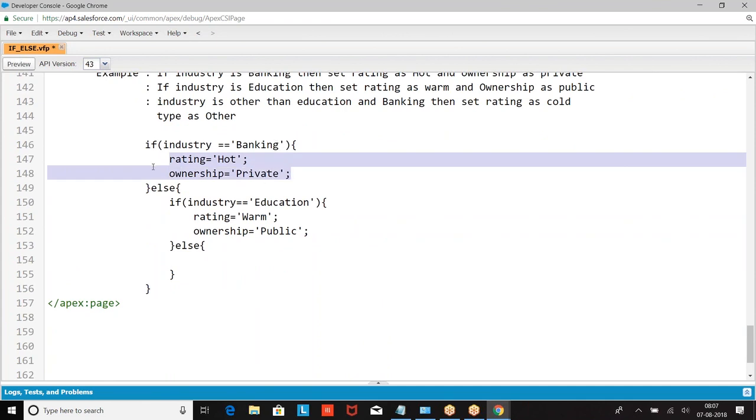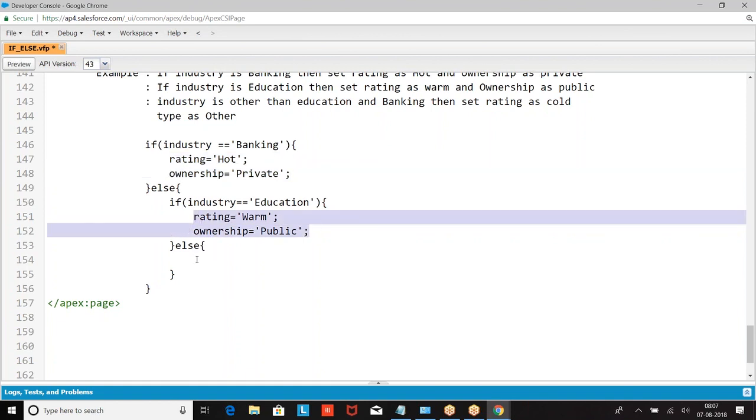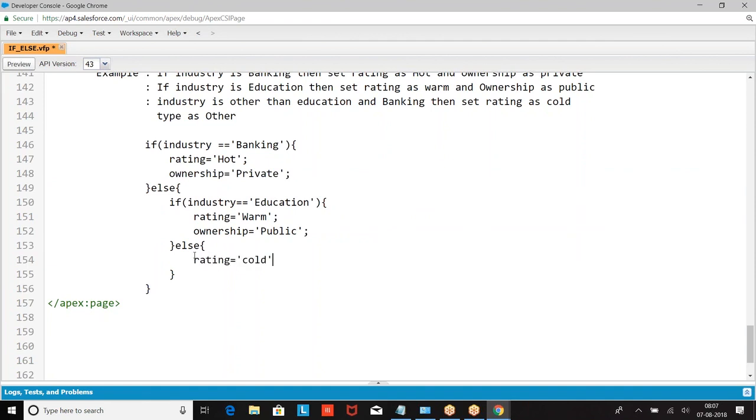If industry is not banking, come to else. In the else, check whether industry equal to education. If it is education, do this. If it is not education, then code type equal to other.